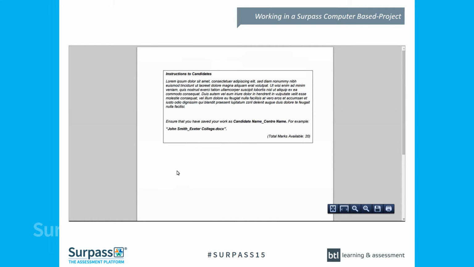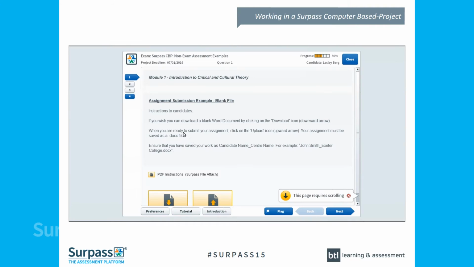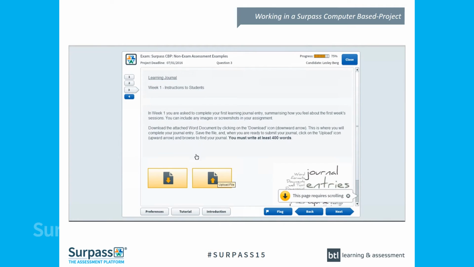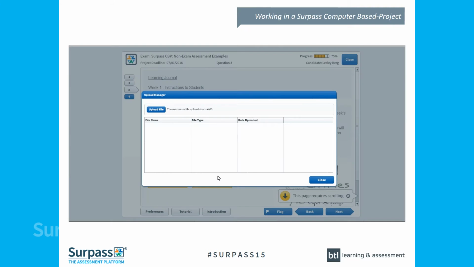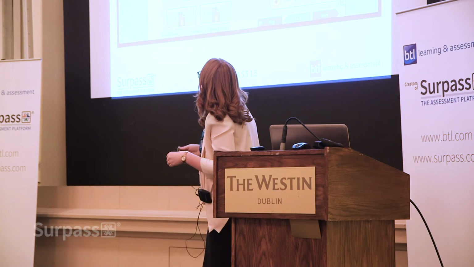but I think probably some of the main differences you'll notice is obviously you've got your project deadline at the top. So at this stage it's showing the deadline, which is a few months away. As they get into that last day, it starts to show a countdown, so they know they're running up to their deadline and they need to submit. Of course, if they get to that deadline and they've not submitted any work, what they've done so far will just